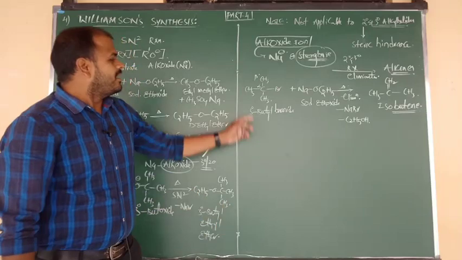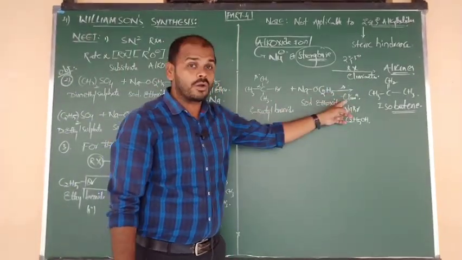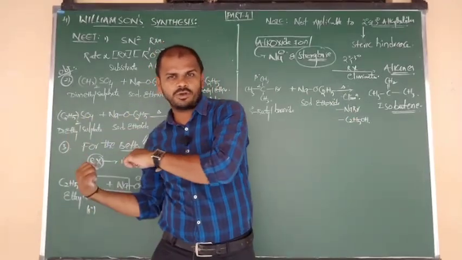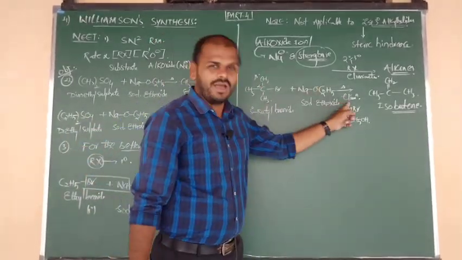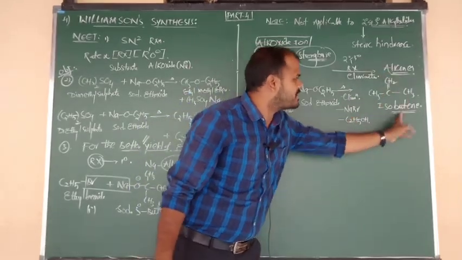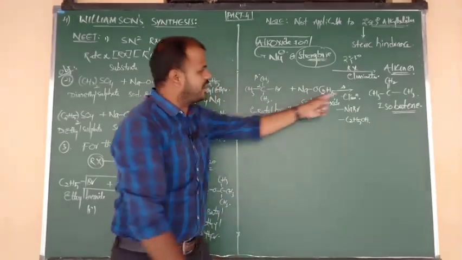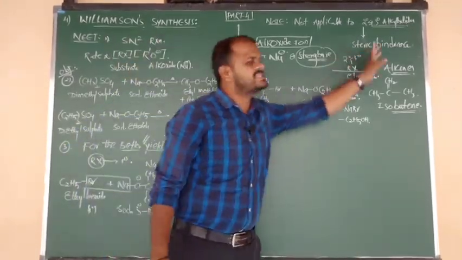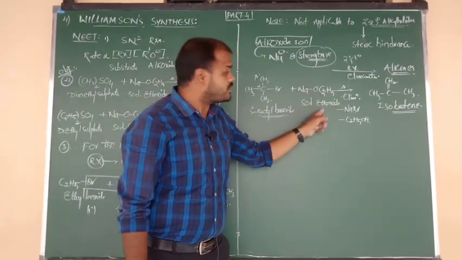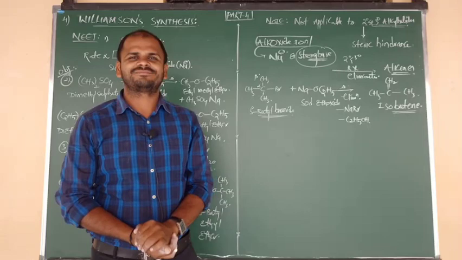Understood? Tertiary butyl bromide on heating with sodium ethoxide undergoes elimination instead of substitution. If they underwent substitution, you would get ether, but here they undergo elimination. That's why here you are getting alkene as the product. So question: why does tertiary butyl bromide undergo elimination? Because it contains 3 bulky alkyl groups, it causes steric hindrance. And sodium ethoxide is a strong base, it causes elimination.